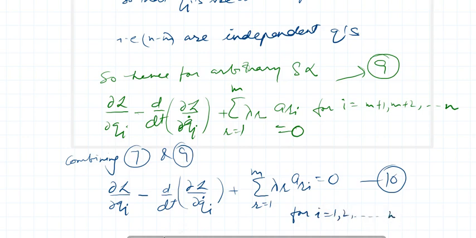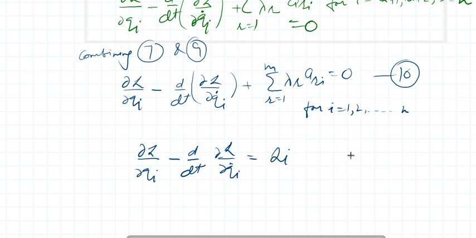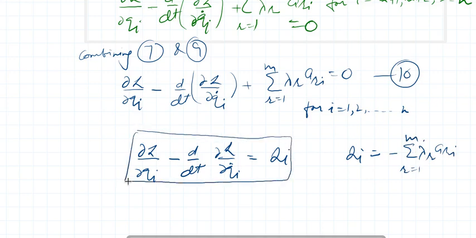Right? So what does it mean? This means that ∂L/∂q_i minus d/dt ∂L/∂q̇_i must be equal to Q_i, where Q_i is equal to minus summation of λ_r a_ri, r varies from 1 to m. This is the required equation,